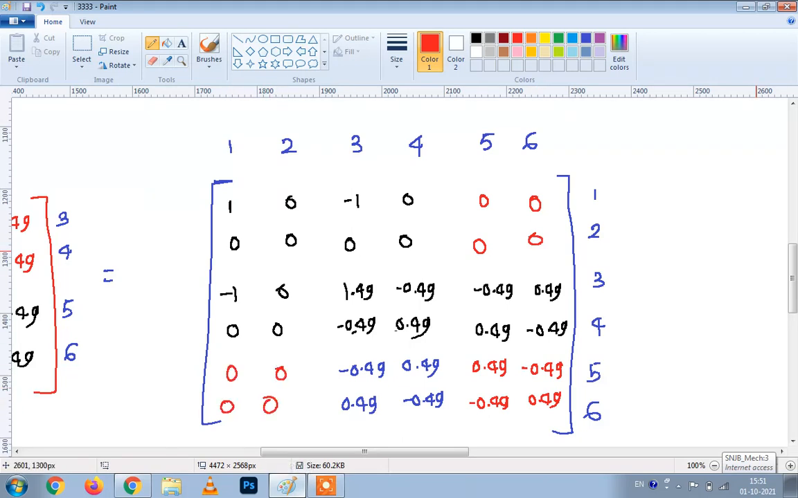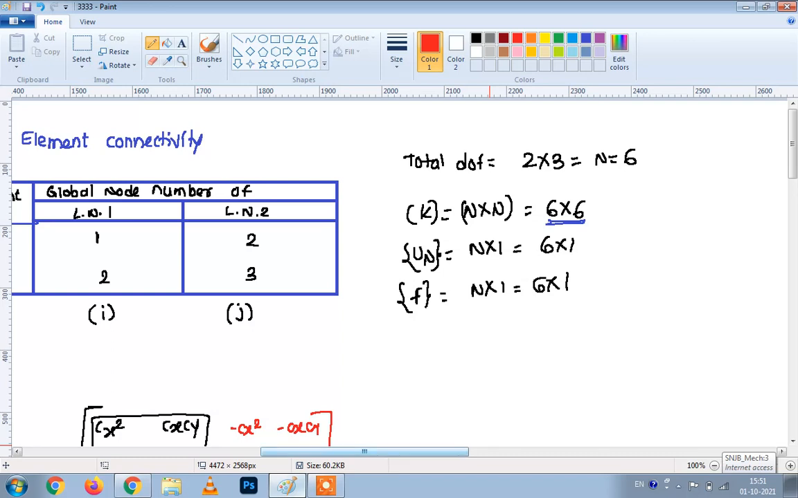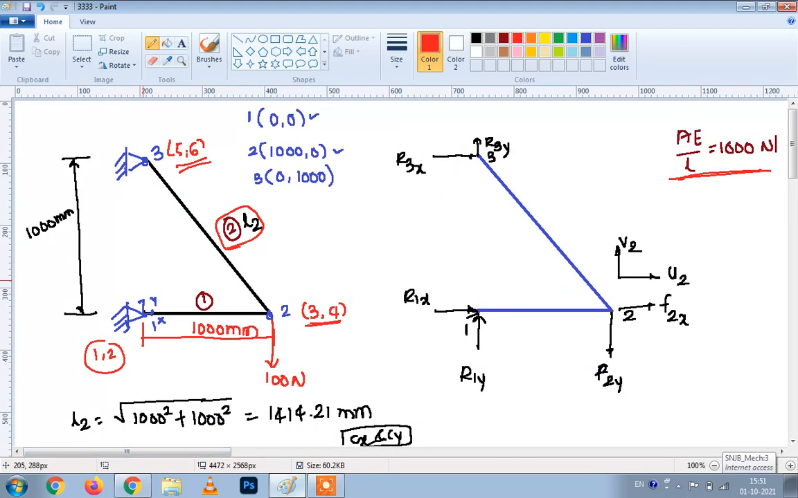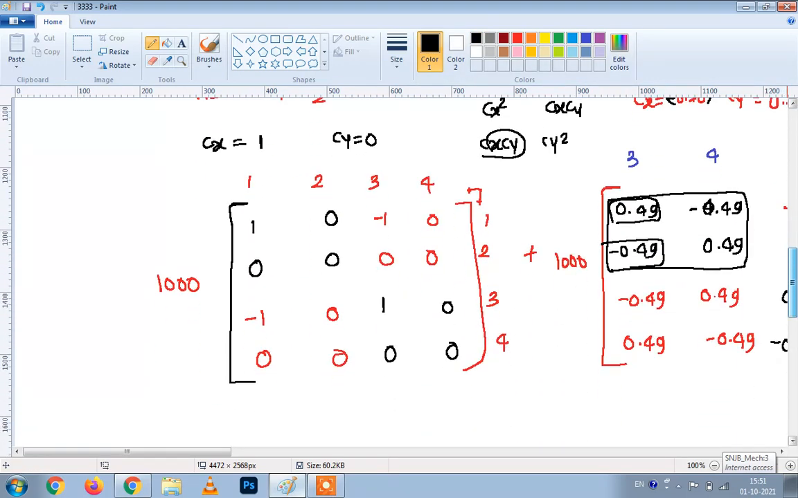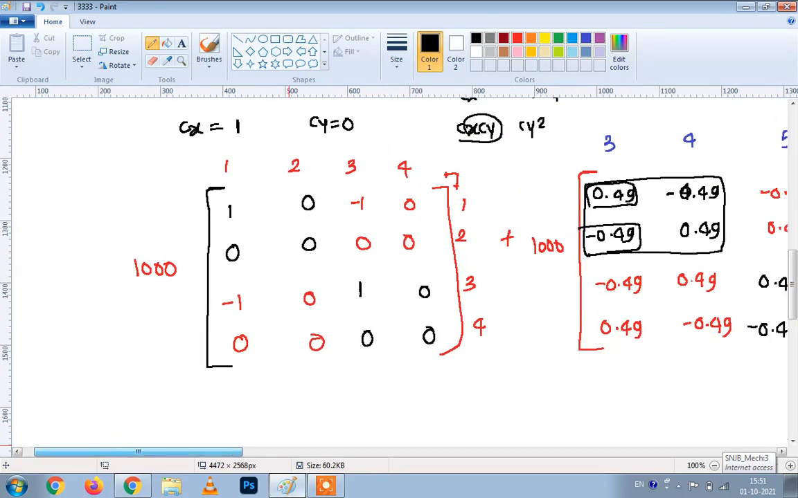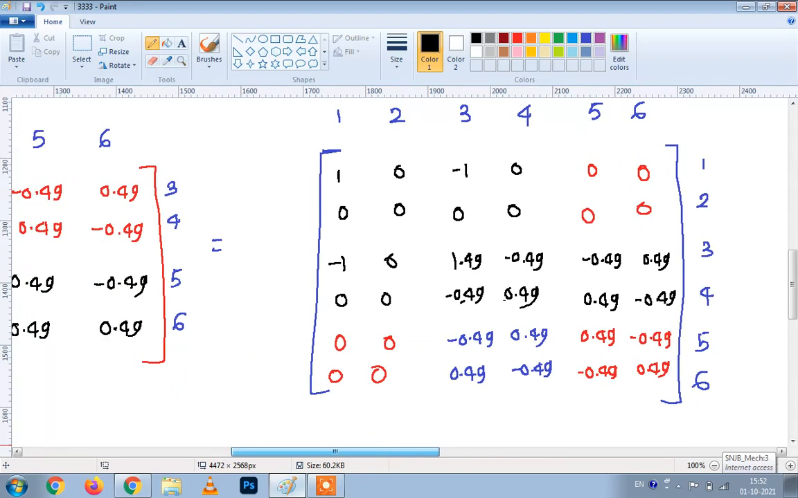Now if you observe in this numerical, the degree of freedom 1, 2 as well as 5, 6 is fixed. The node point number 1 as well as node point number 3 is fixed. So degree of freedom 1, 2 and 5, 6 is fixed. So simply using the elimination approach, please remember this is using the elimination approach. What we can do,